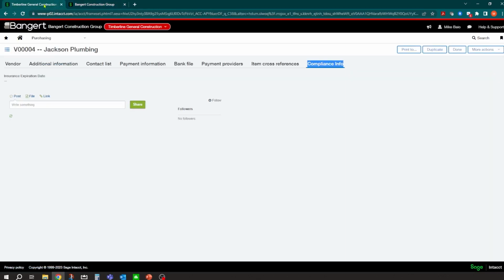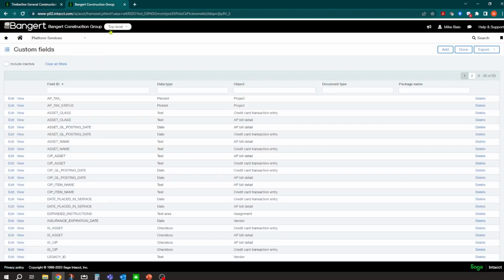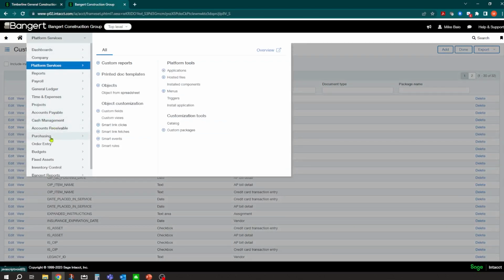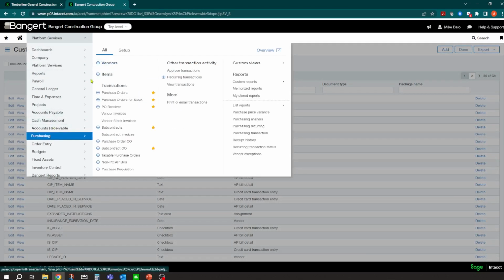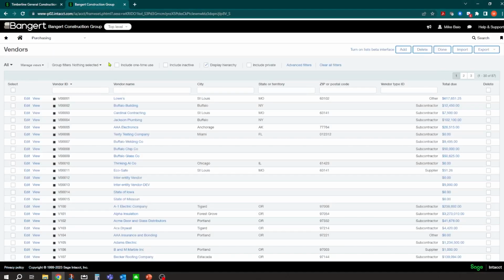So now if I go back to my vendor setup screen, in this scenario, I'm going to go over to my purchasing vendors. You can get to it from purchasing or accounts payable. I'll go into vendors, and let's go back into Jackson Plumbing. I'll click edit.